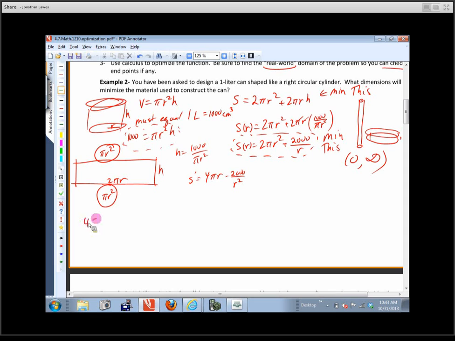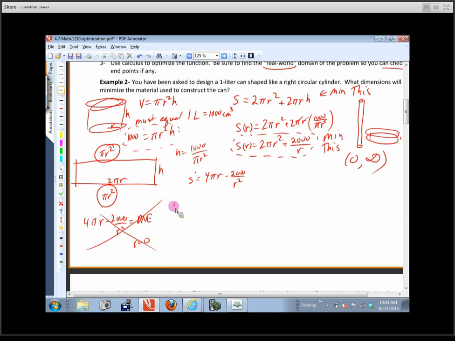So where does 4 pi r minus 2,000 over r squared not exist? At r equals 0. Do we need to check that? We don't, so we're not going to worry about that at all. So really, we've narrowed this down to the only place this could possibly have a minimum. The minimum amount of surface area possible, the minimum amount of material, is where the derivative equals